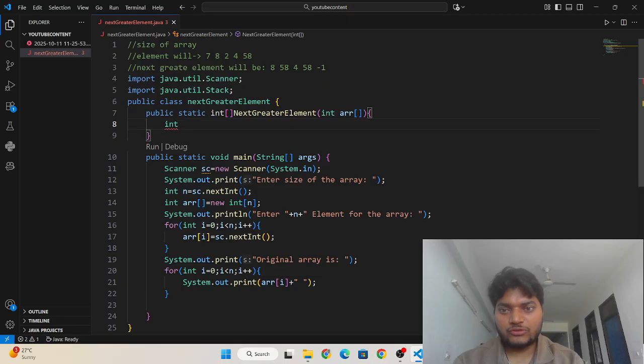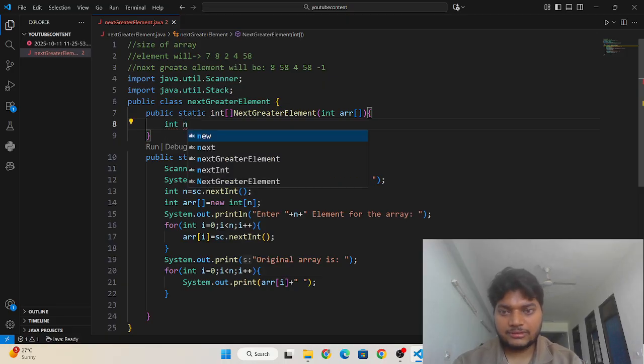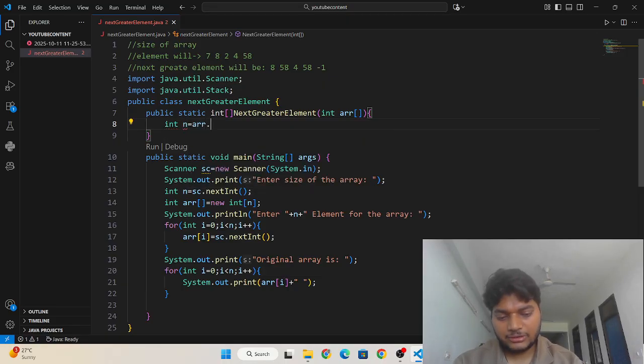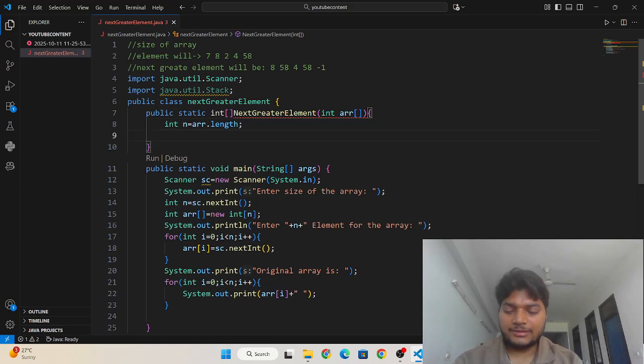Then I'm going to write n is equals to arr dot length. I'm calculating the length of the given array. Then I am going to make a stack to track each element of the array.